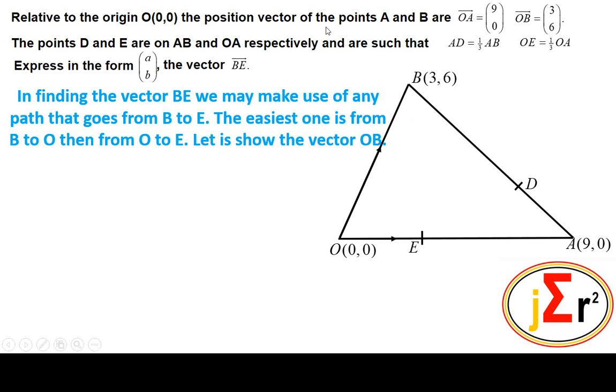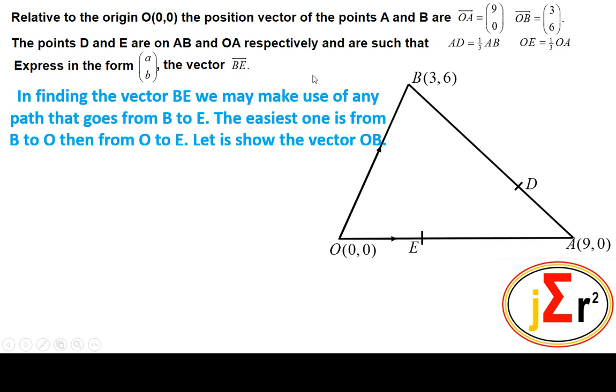We have here that the vector OA is 9, 0, OB is 3, 6. We have also that AD is equal to 1/3 of AB, which we will not use. We also have OE is equal to 1/3 of OA. We need to also express, in the form of a column vector, the vector BE. BE is the vector that we are about to find, and of course we will make use of the fact